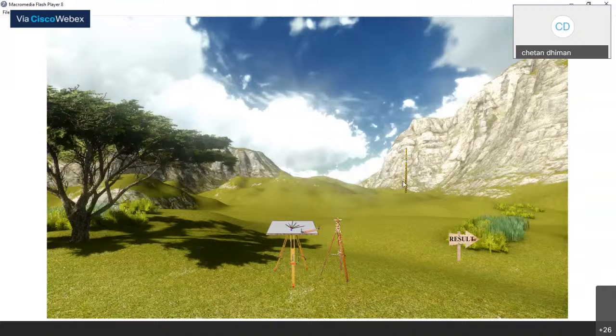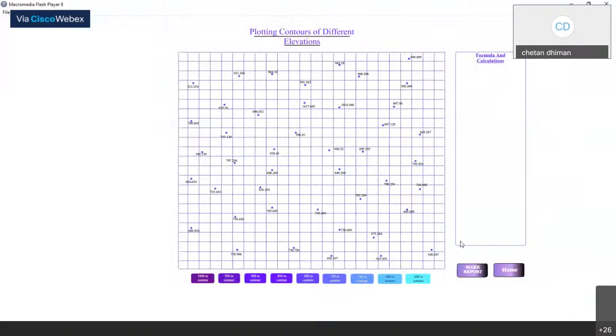So here you can see that with the help of staff I am able to draw the lines of having the same elevation, and when we join these lines of having same elevations we will get the contour lines. So when we click on the result, you will find that there are so many points on your plane table sheet, and when you click on the 100-meter contour